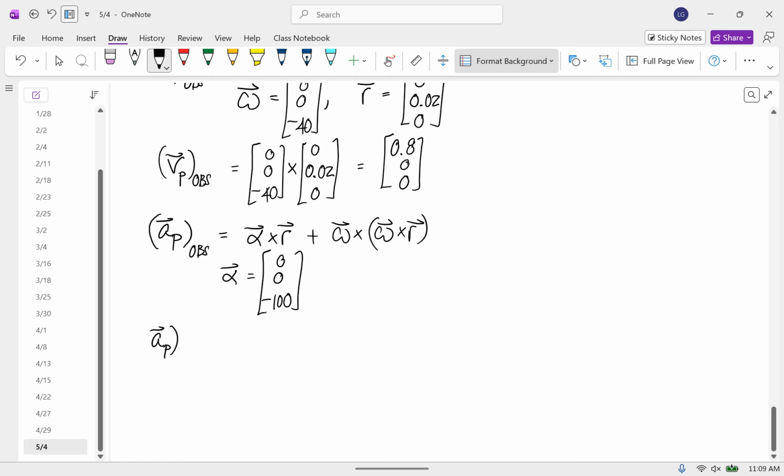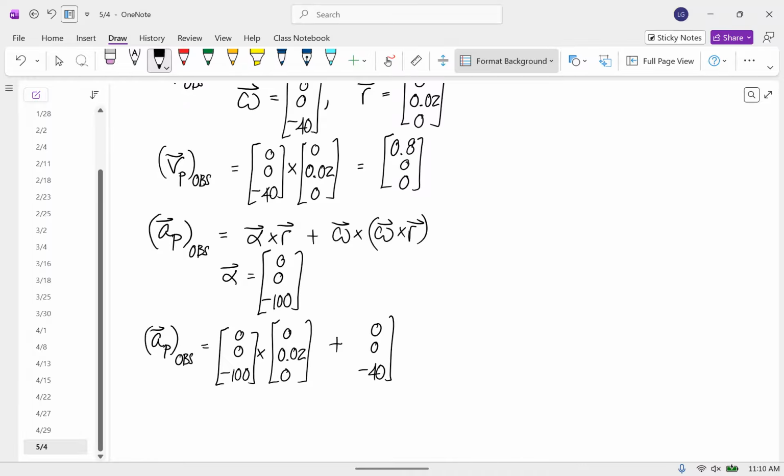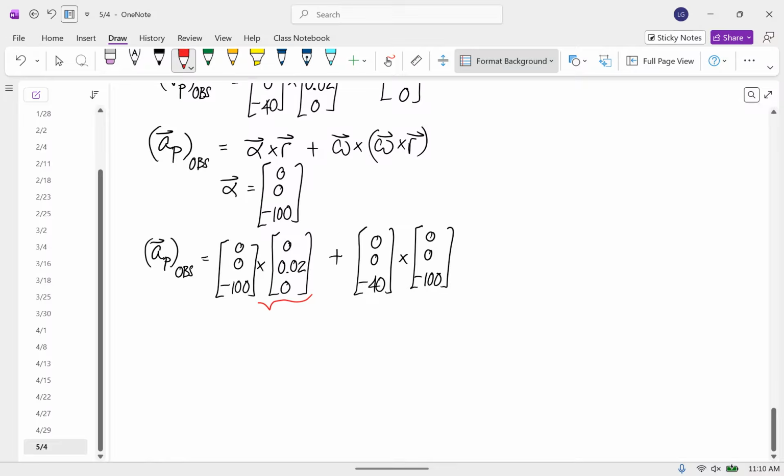So the observed acceleration is 0, 0, negative 100, crossed with 0, positive 0.02, 0, plus omega, 0, 0, negative 40, crossed with omega cross r, which we already know. We already did that. And so this is